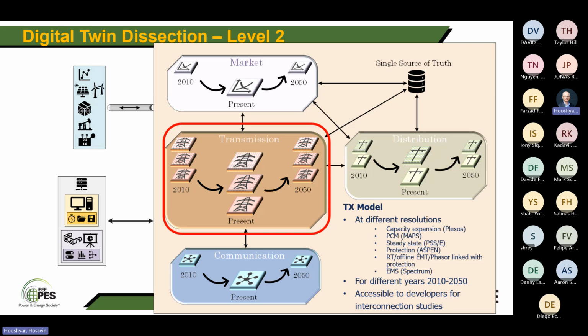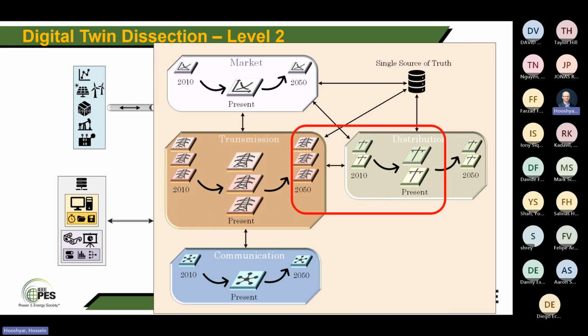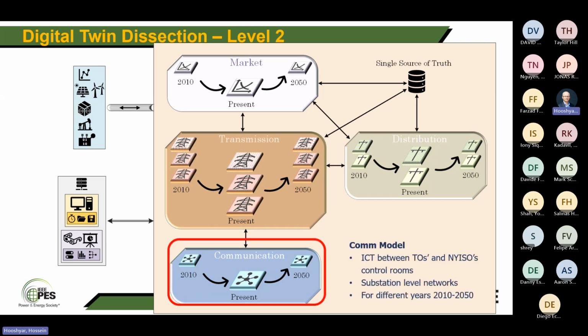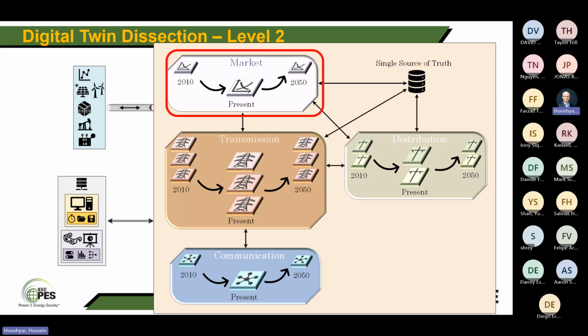Now here, the idea is not to promote different platforms. Actually, ideally, we would like to have one platform that serves engineers of different disciplines. No matter if you're a planner, an operator, an outage scheduler, a protection engineer, you should be able to use the same platform. But because currently that's not the case, we need to make them vertically synchronized and possibly minimize as many as possible. Same thing with the distribution grid. Same thing with the communication network. We want to have a market emulation as well for different years. And also